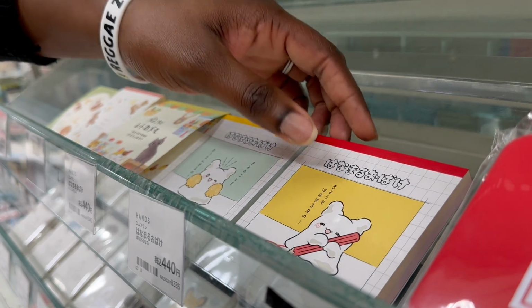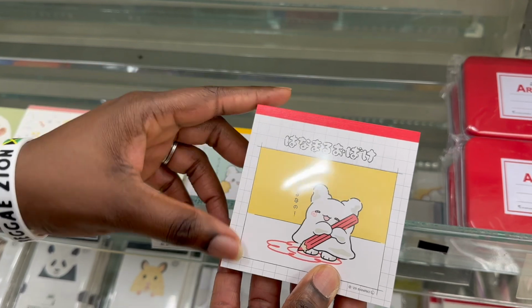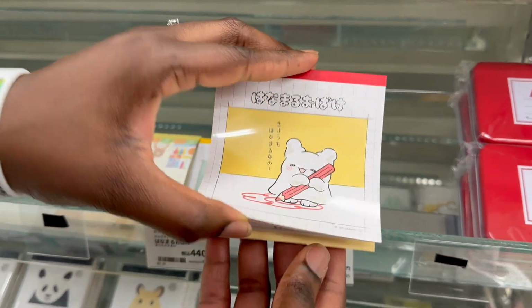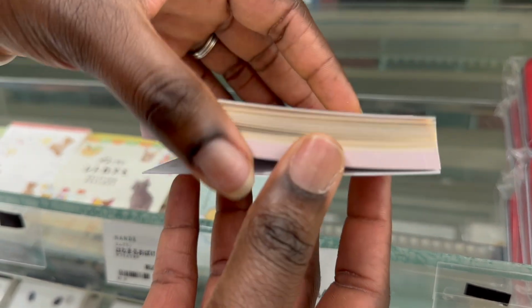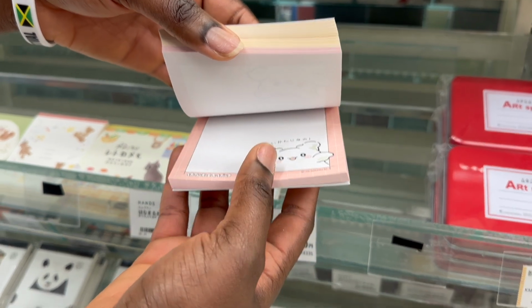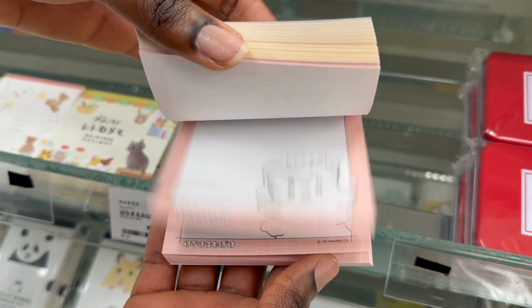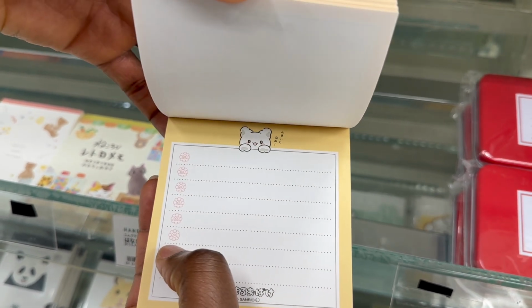Now we also have these notepads that come with some really cute designs as well. So here they are. This one comes with 2 different designs. There's the yellow section with a notepad, listing design, and then there's the pink section with just a cute character on it. Memo pads are